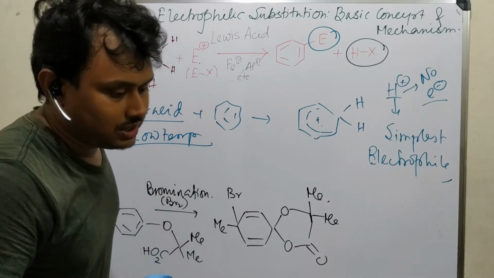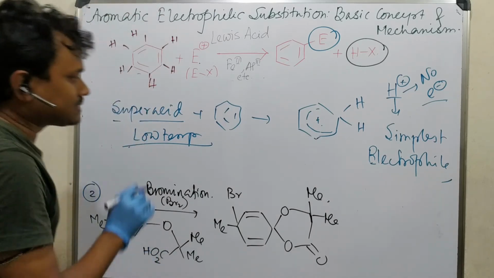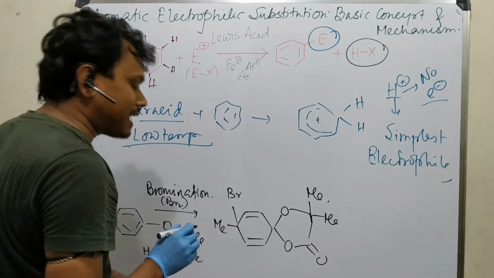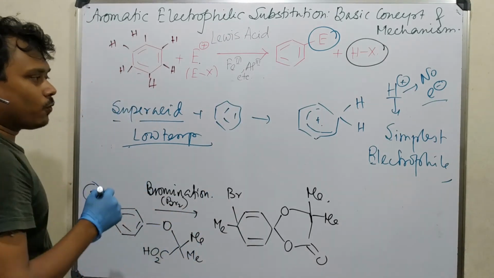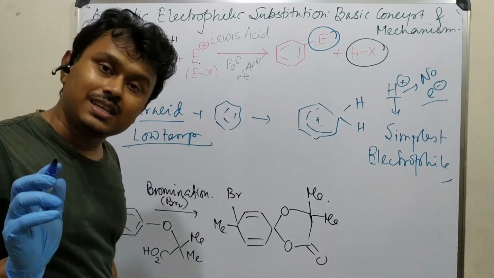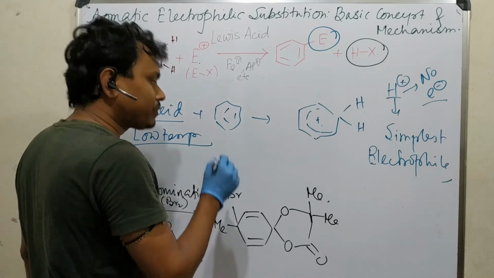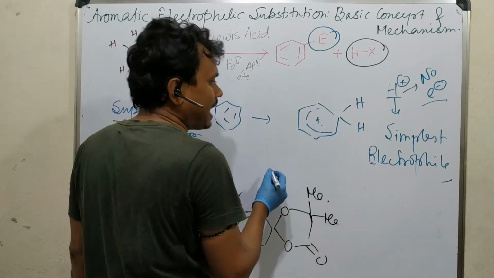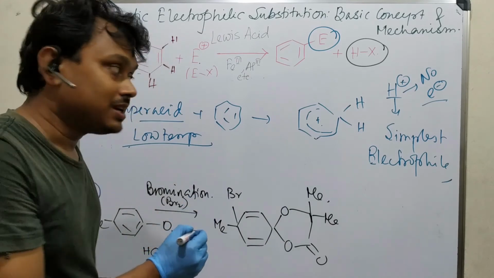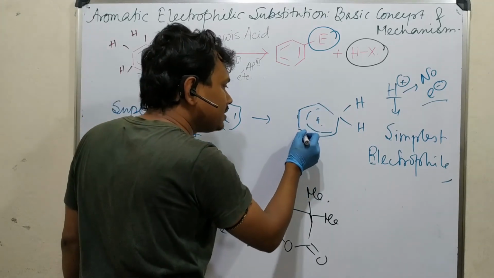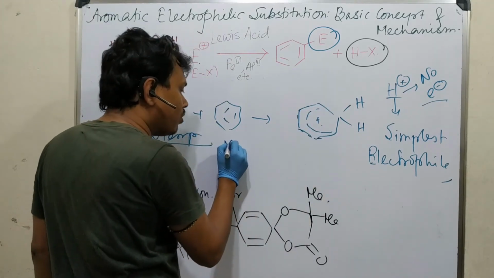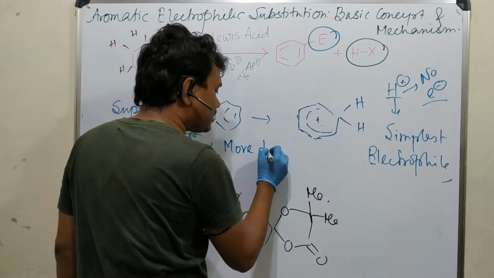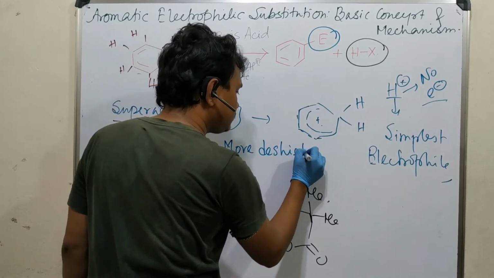Okay, so this is the uniqueness of superacid that it could be. And another advantageous thing is that you can detect this thing using NMR spectroscopy also. What do I mean? If such a thing happened, if this is formed, then this is cationic, so you will have more de-shielded